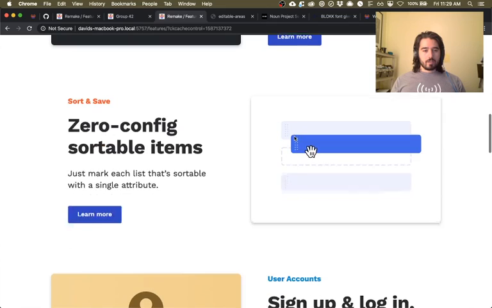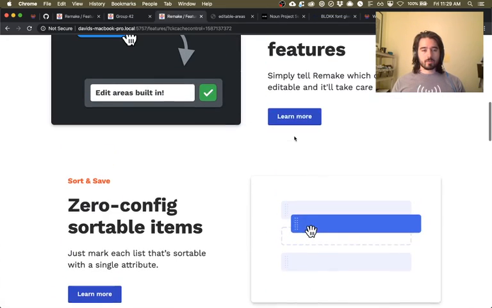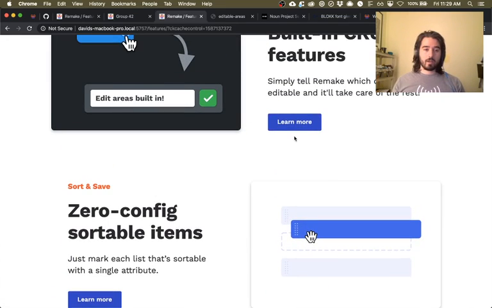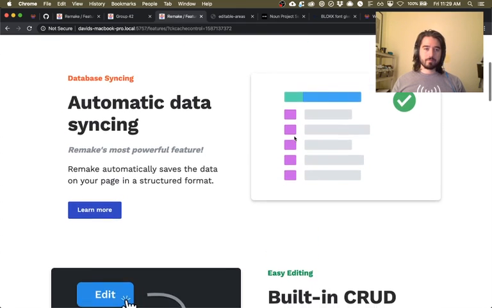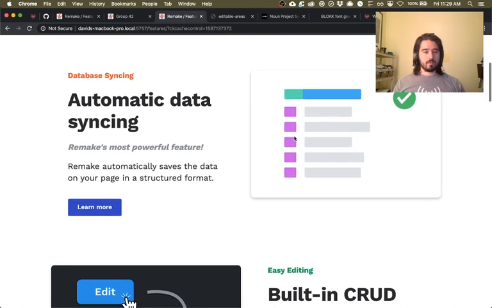Built-in CRUD features. Okay, and then next we're going to have, so we start with